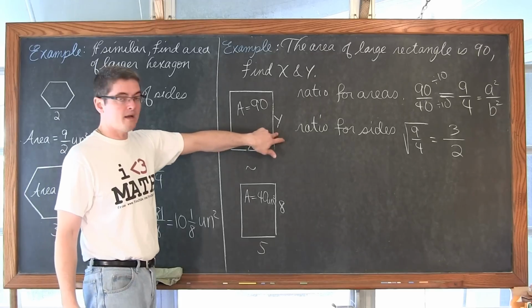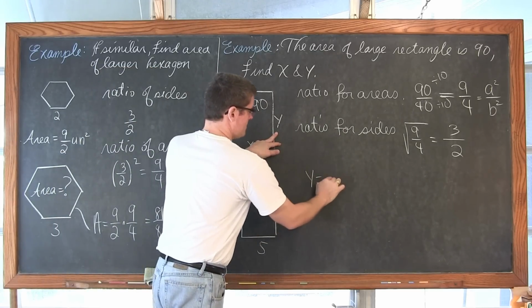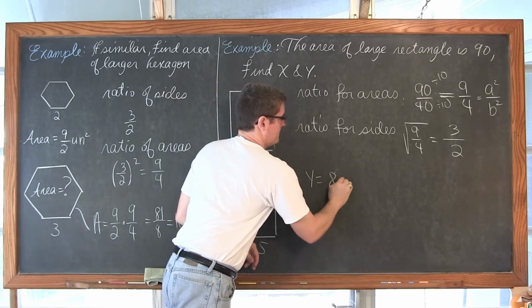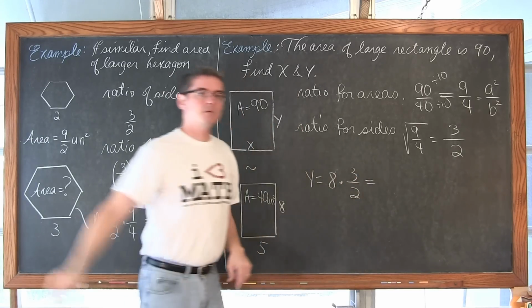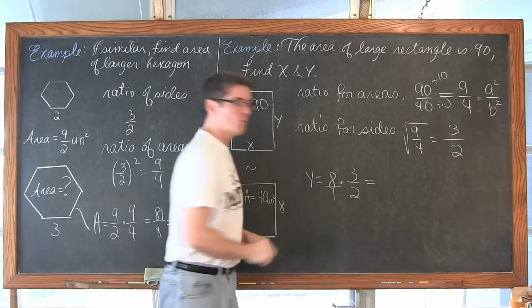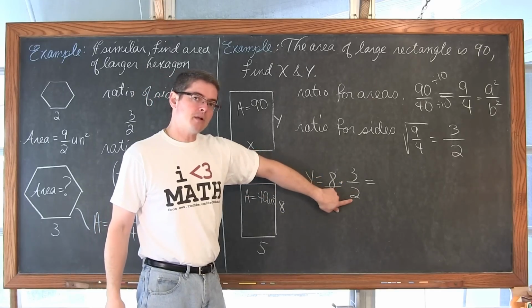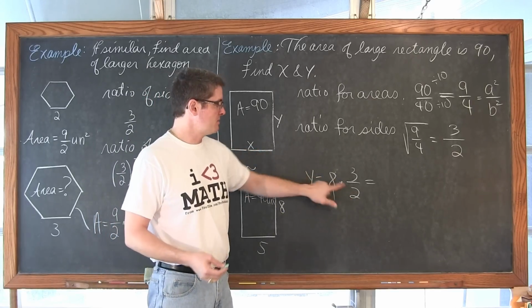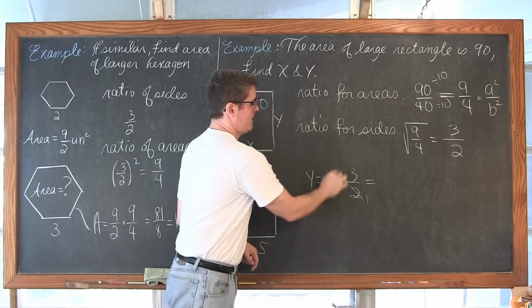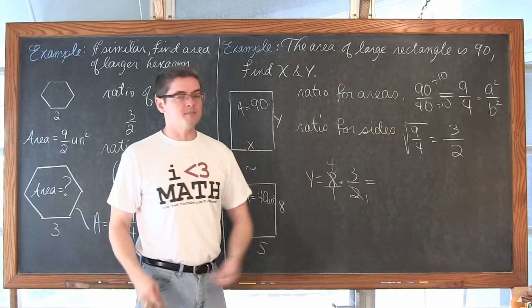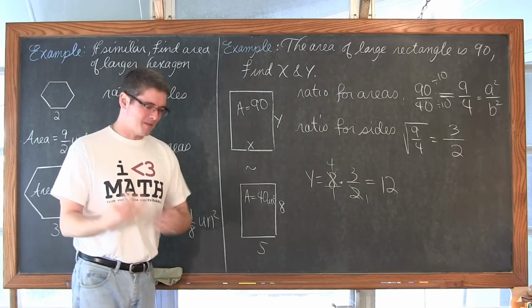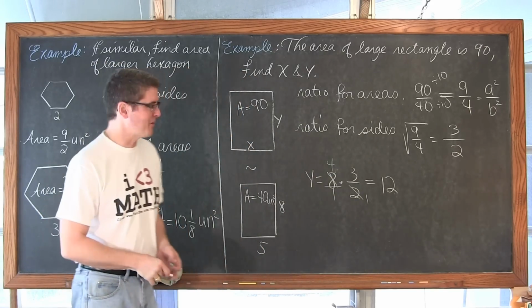So if I want to find out what y is, that's going to be y is equal to its corresponding side of 8 times 3 over 2. Well, when you work with fractions, you really should make everything look like a fraction. So let me pop that 8 over 1. And we have 8 in the numerator and 2 in the denominator. So this will reduce. 8 and 2 are both divisible by 2. So 2 divided by 2 is 1, and 8 divided by 2 is 4. So 4 times 3 is equal to 12. Yeah, I put some fractions in here, but I still need to be able to do these in my head. So we're getting back to whole number answers.